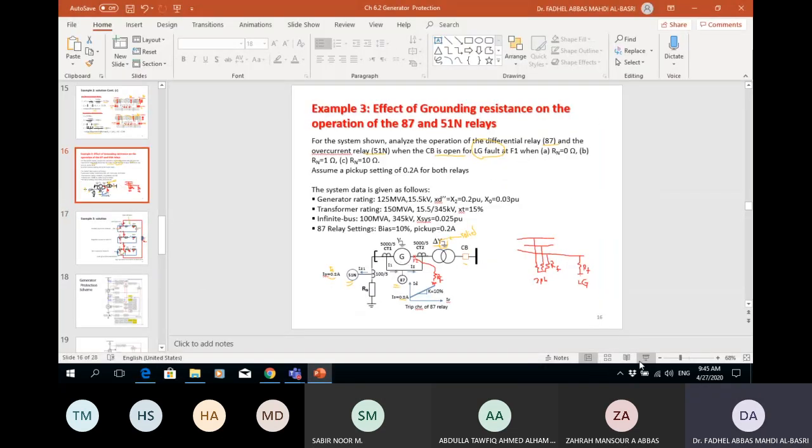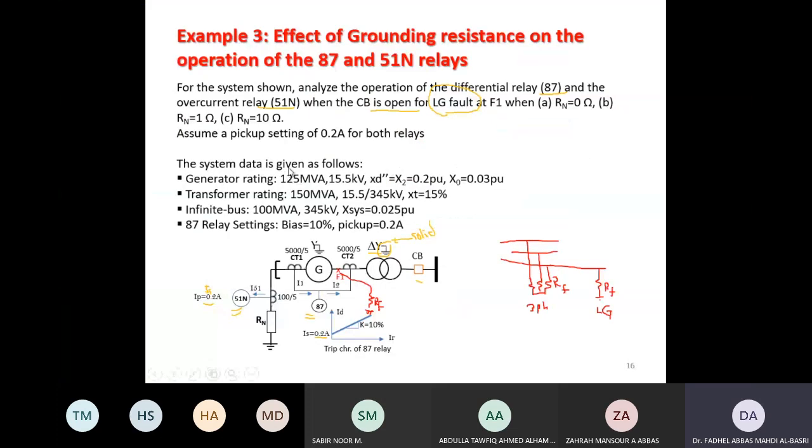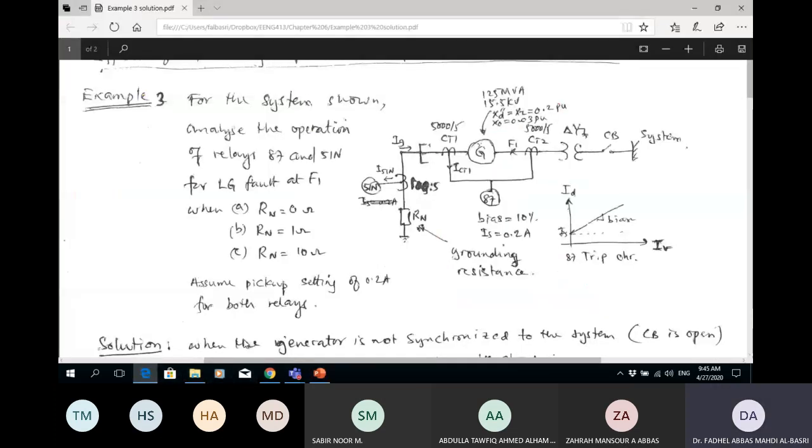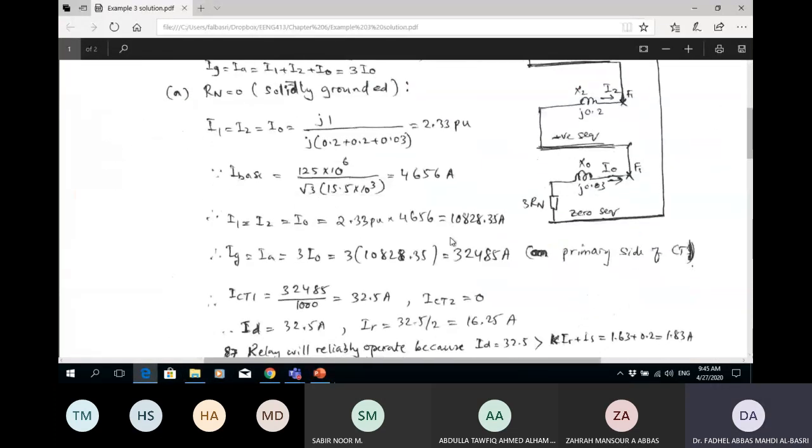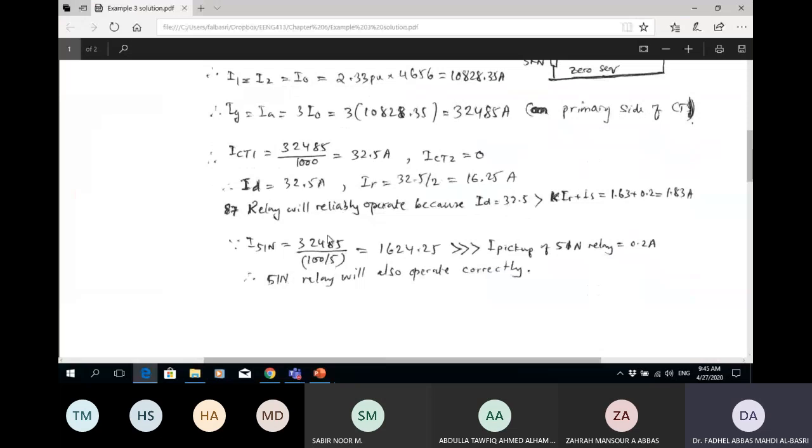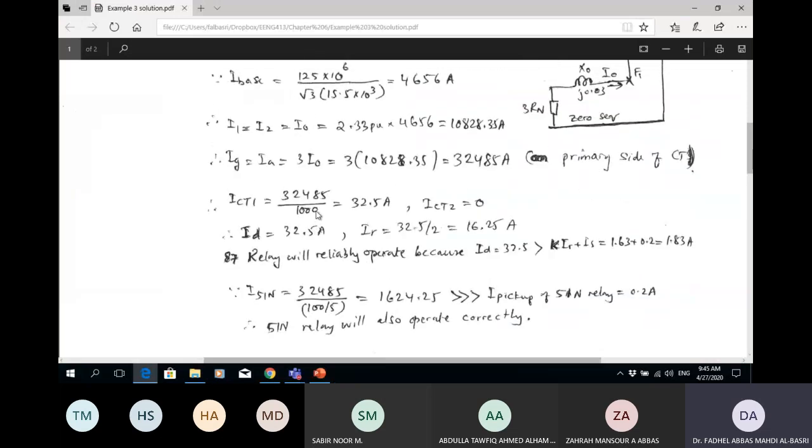CT ratio was 5,000 to 5. Okay, this is 5,000 to 5. So I divide by 5,000 to 5, which is 1,000. I get the current at the secondary side of the differential relay CTs. I2 is 0, as I mentioned before, so differential current is this value, the difference between these two. Restraint current is the average of these two values over 2. I got the